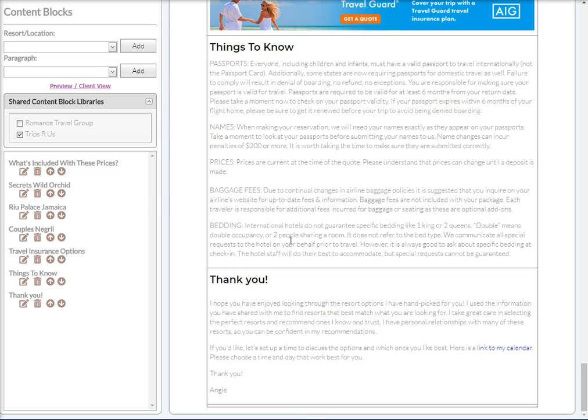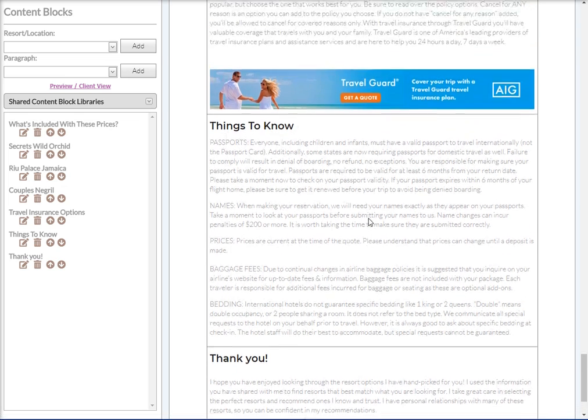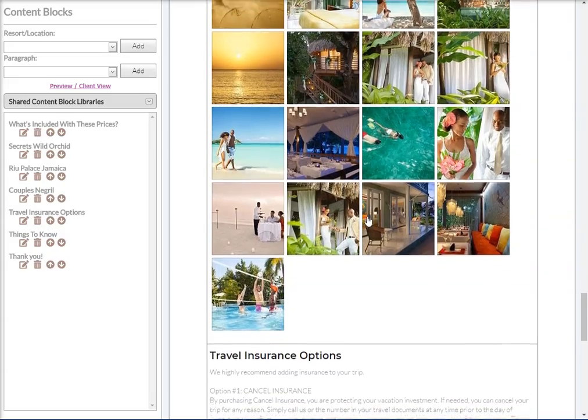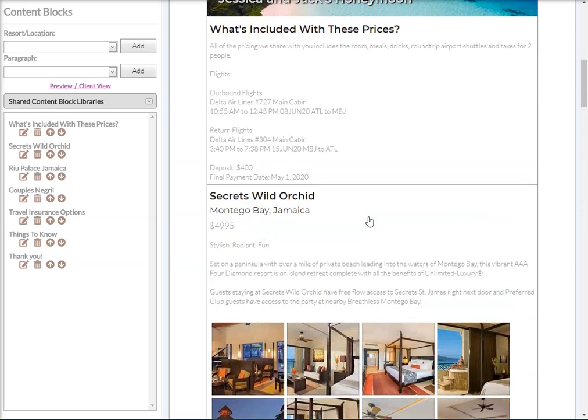So if you needed to come in and add Mexico to this, you can pop in all of your Mexico resorts, organize them so you have Jamaica together and then you have Mexico together. You can put it all in the same proposal and just have it nicely organized for your clients to go through. So that's a brief overview of what you're looking at when you get into creating a